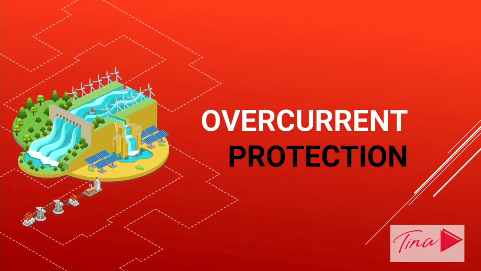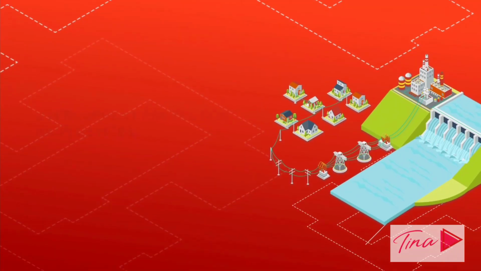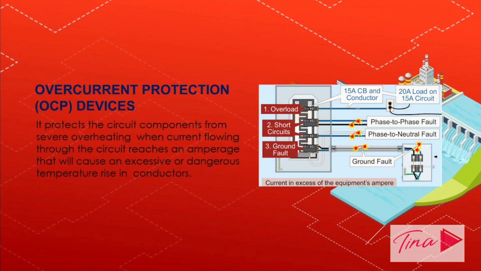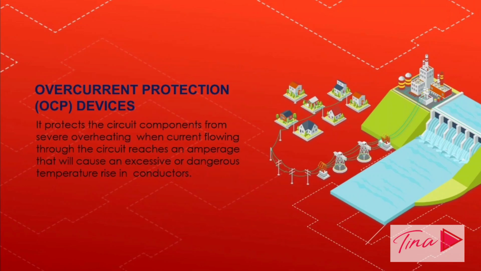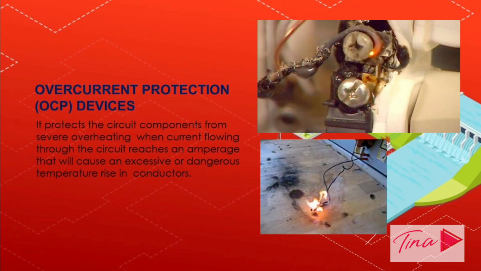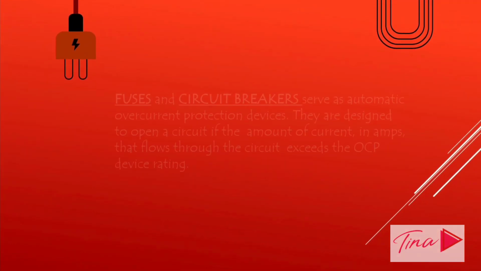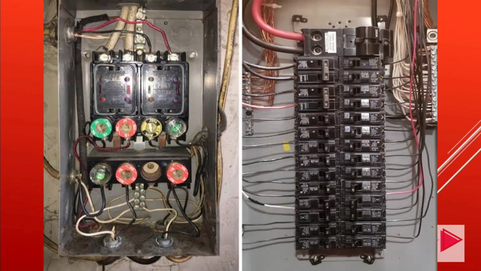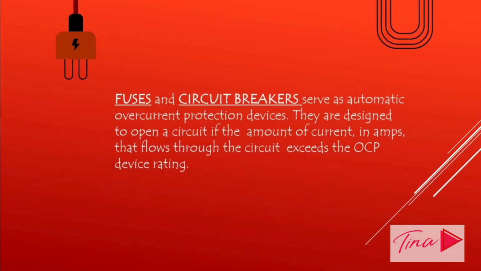Next is the overcurrent protection. Overcurrent protection devices or OCP devices safeguard a building service or an individual circuit from excessive current flows. It protects the circuit components from severe overheating when current flowing through the circuit reaches an amperage that will cause an excessive or dangerous temperature rise in the conductors. Fuses and circuit breakers serve as automatic overcurrent protection devices. They are designed to open a circuit if the amount of current in amps that flows through the circuit exceeds